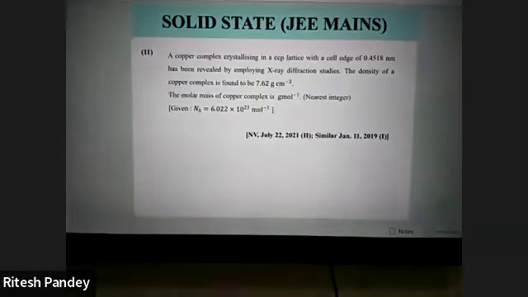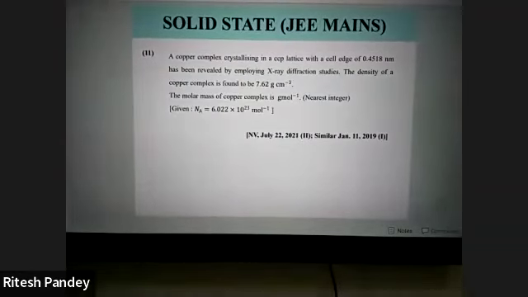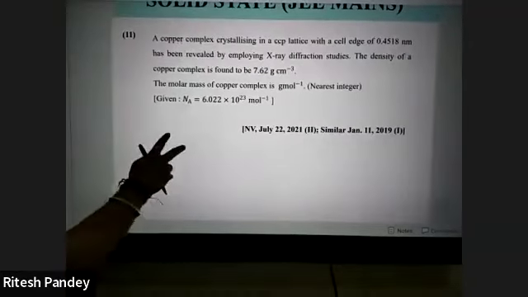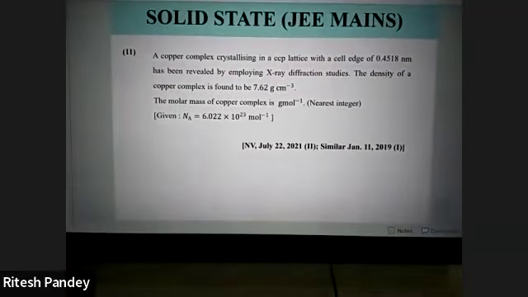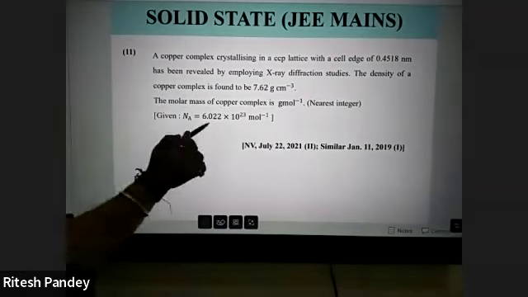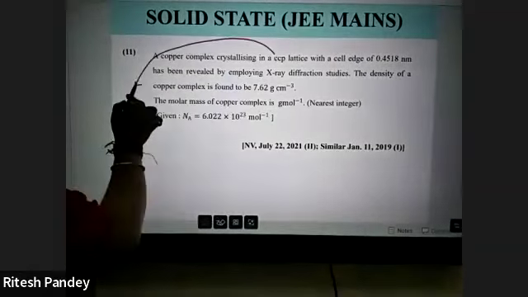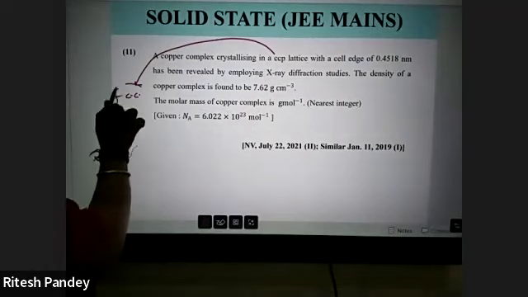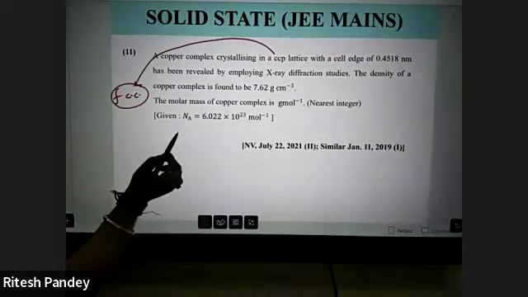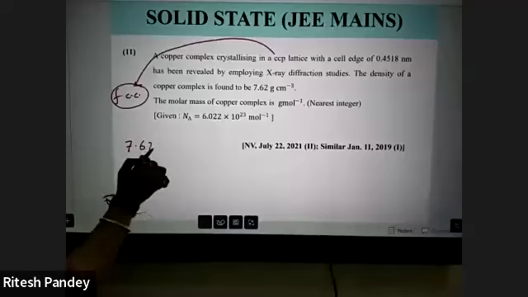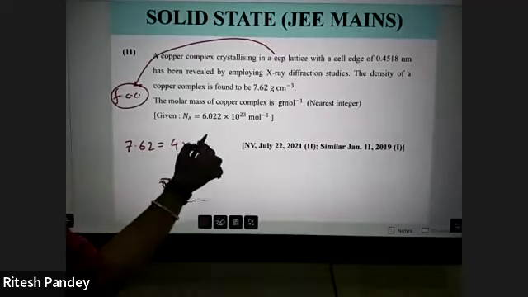So here you have a CCP lattice, and I guess I have told you in the video and right now in this particular class as well. Every time it's a CCP or a HCP, you'll have the liberty of taking it as FCC. Naturally Z effective is 4. The density is 7.62. Z effective 4. The molar mass